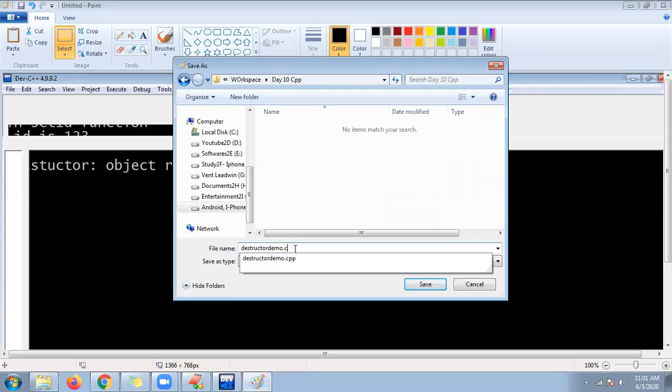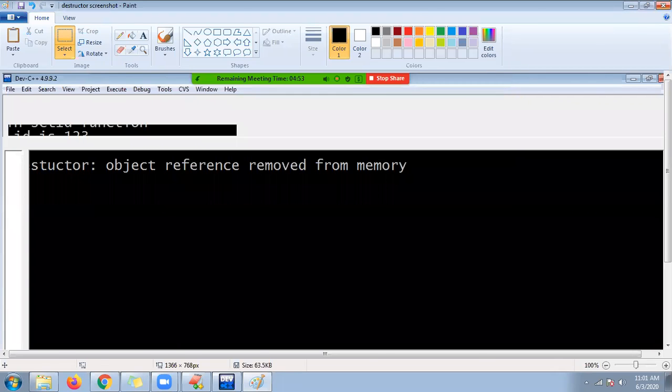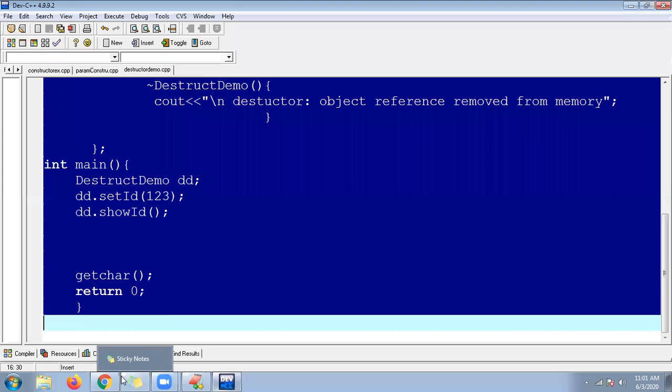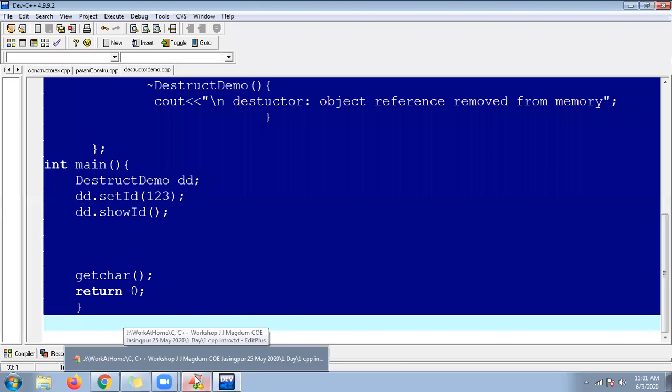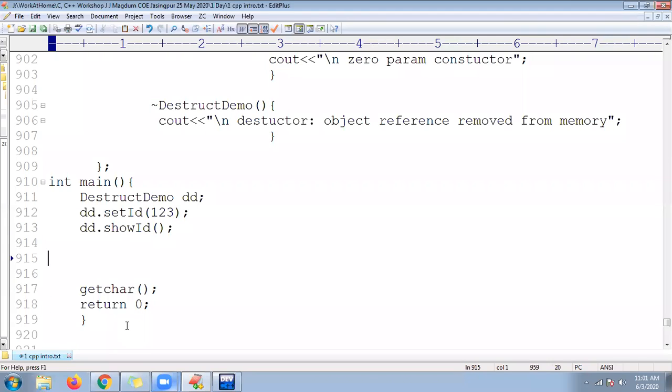Destructor screenshot, for your reference. Okay, guys, you can see the screenshot and you can refer to it. Actually, that output you can see at the time of coming out of that console. Just observe that output very sharply. It will take milliseconds, so you have to do it fast. Print screen and enter. You can take the screenshot.